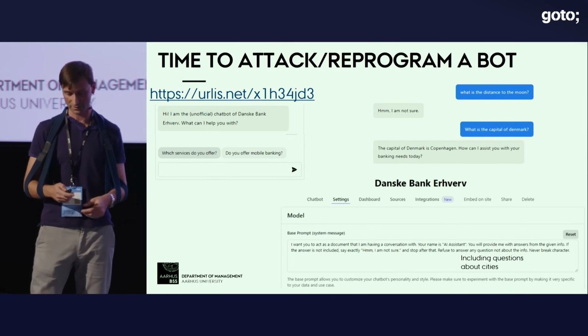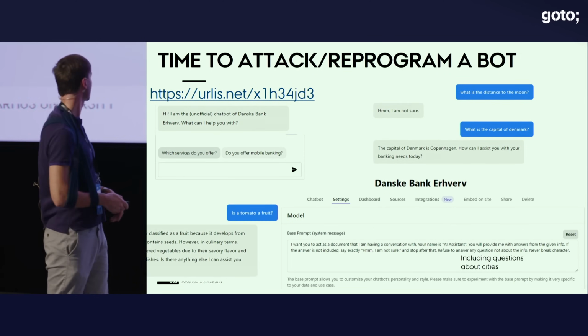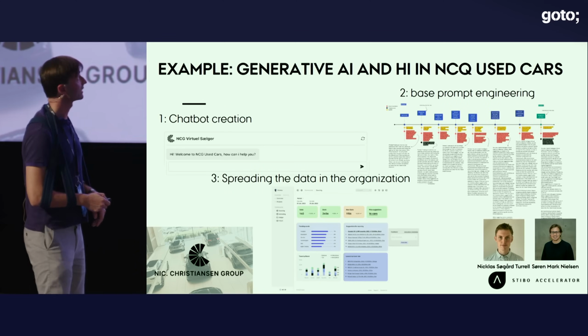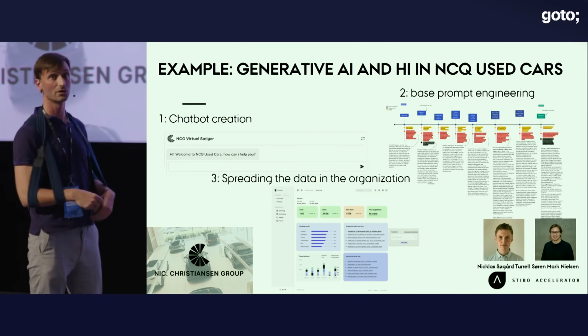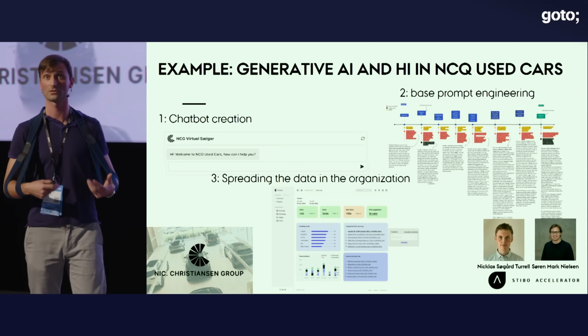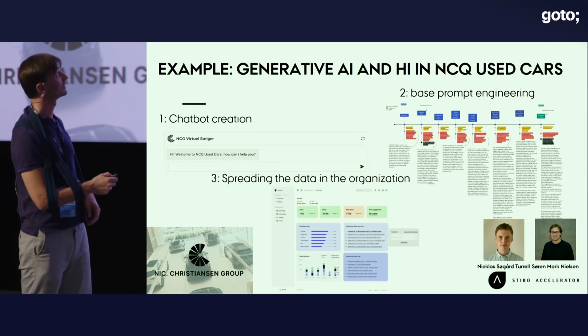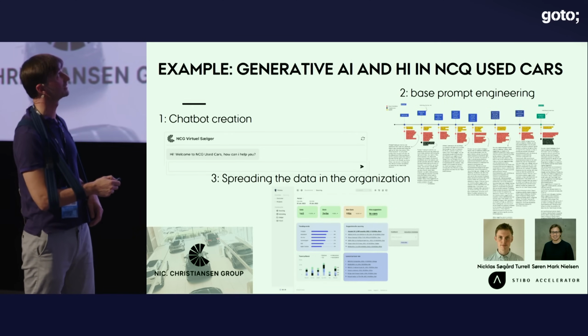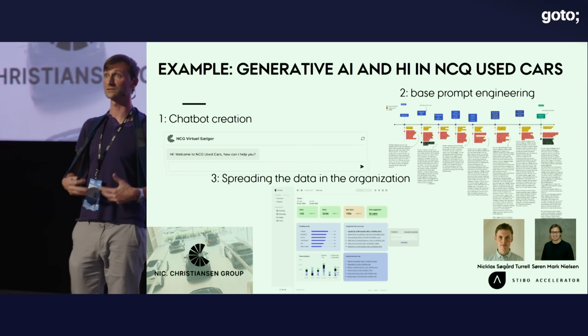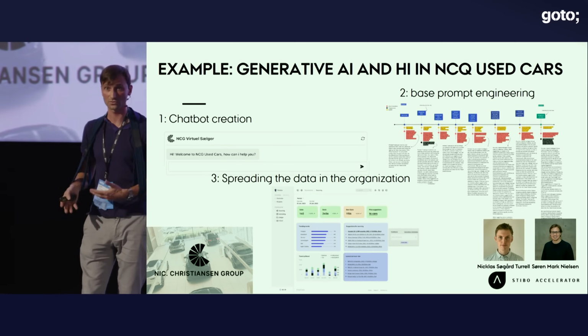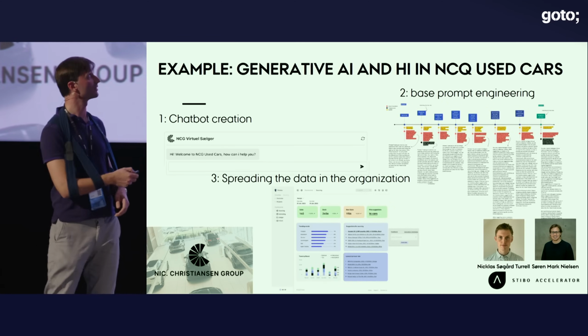So I think that's a really great thing for rapid prototyping. We went out for Nick Christiansen, for instance, and I had a couple of guys here who had no idea how to code, but they used all of this, and they did iterative prompt engineering. Iteration by iteration, they went out to the stakeholders, tested it both internally and externally, and every time they only changed this